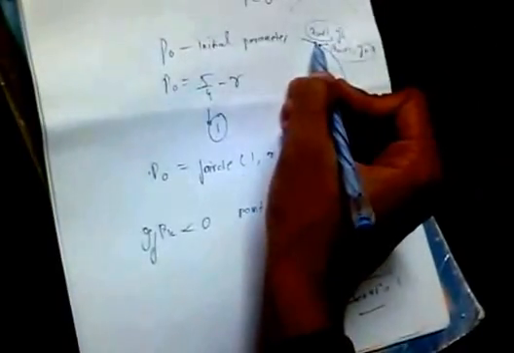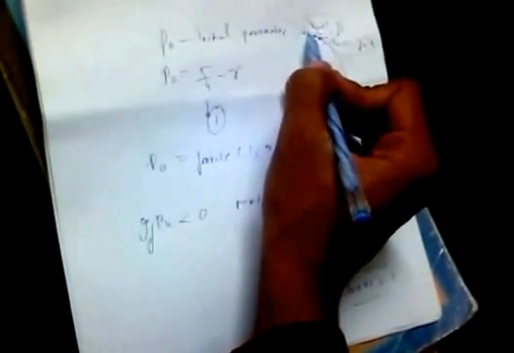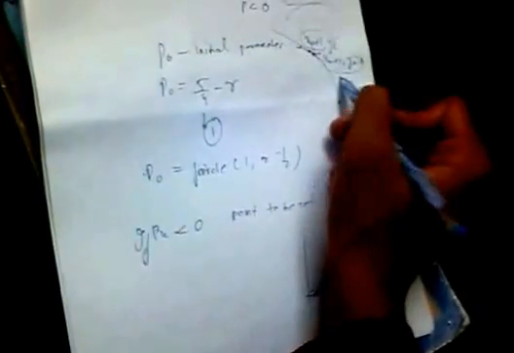This must be a little bit confusing, why the slope for this point will be less. It is not that confusing, because if at this point we draw a tangent, and at this point we draw a tangent, the angle will be less for this point, but for this point the angle will be larger. As the angle is larger, the slope at this point is also larger. Hence for this point pk is greater than 0, and for this point pk is less than 0. That is the main reason.